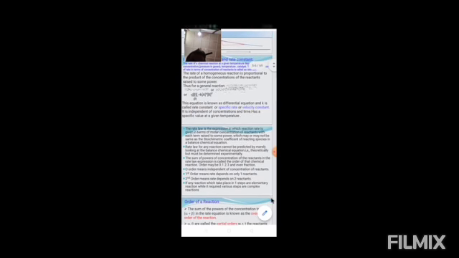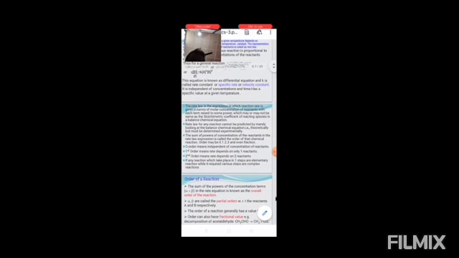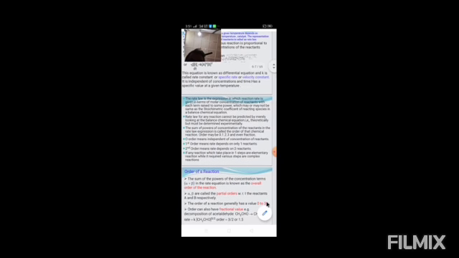If any reaction takes place in one step, then it is called an elementary reaction. Suppose N2 plus 3 H2 gives 2 NH3. So here it is a single step reaction, so it is an elementary reaction. While a reaction that takes place in various steps is called a complex reaction. So like this, we have two types of reaction. One is elementary reaction, which has only one step, and another is complex reaction, which has more than one step.